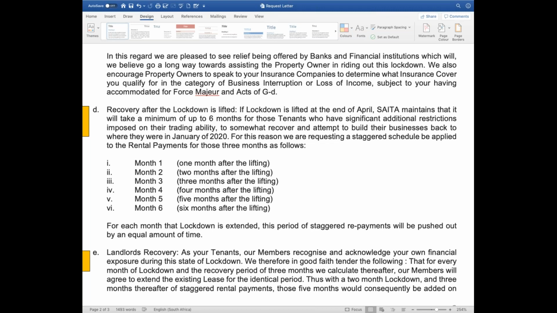Lana, I agree to an extent, but you want to go back. So let's say we open in May and they want 20% on the 1st of May, but we haven't been trading in March and April. So where are you going to get your 20% from to pay for May? I think that in the lease, it says that if we are unable to pay, which we're not able to pay, it's deferred with no interest.